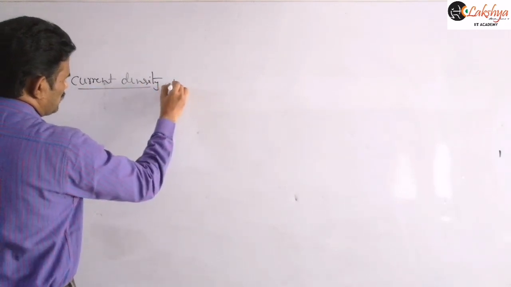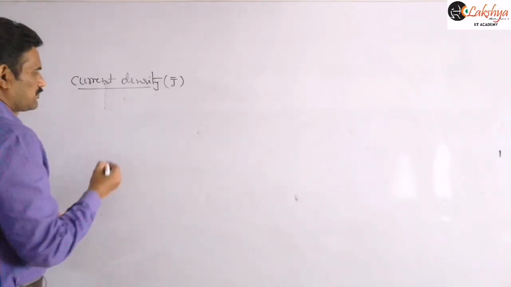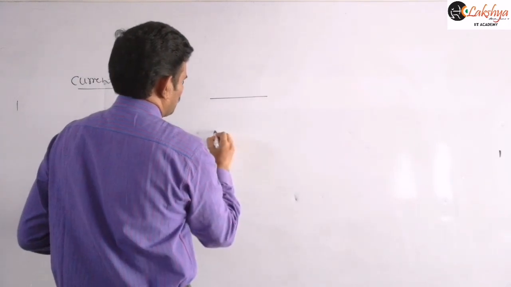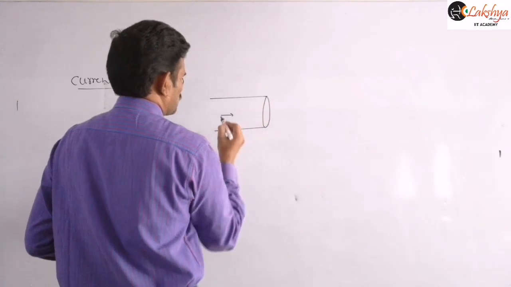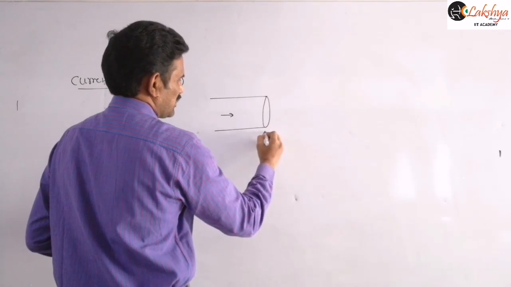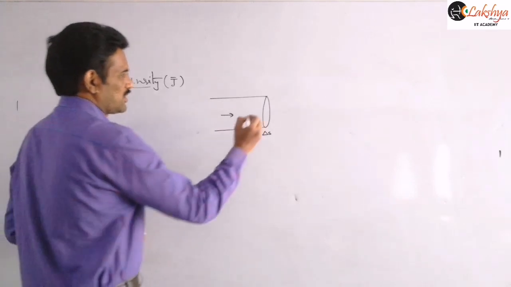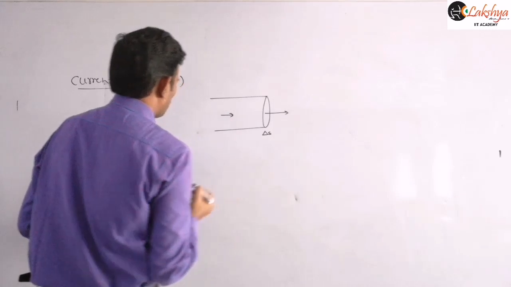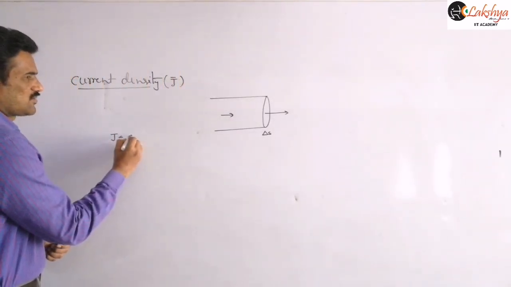Current density is represented with J or J bar. It is defined as follows: suppose current is flowing in this direction in a conductor. Now if you are defining the current flowing through this area dS, where dS is the cross section area and the direction of dS bar is the area vector, then the current density can be defined as J is equal to